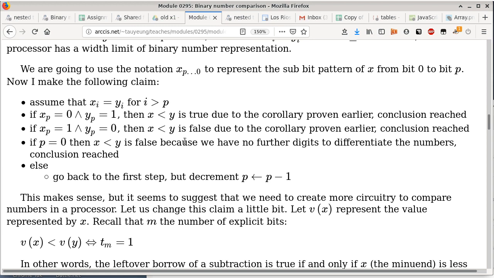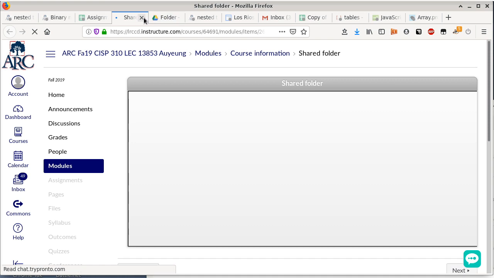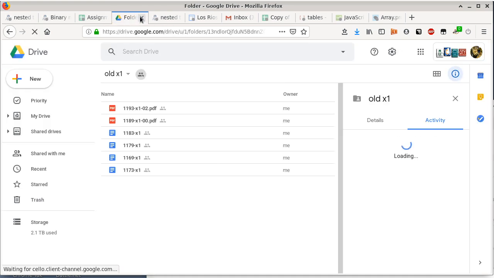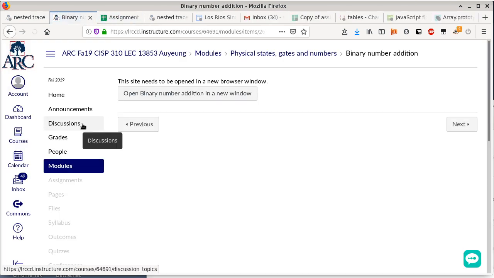Okay, any other questions related to exam 1, which is on Wednesday? Okay, we are good so far. If you do have any questions, don't hesitate to ask. But for the time being, I'm going to switch back to, let me just get rid of some of these unused folders. And we'll switch back to